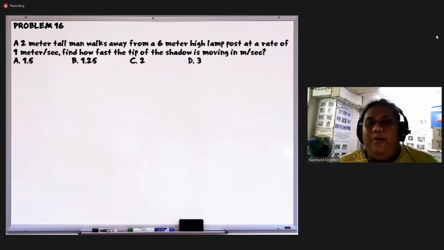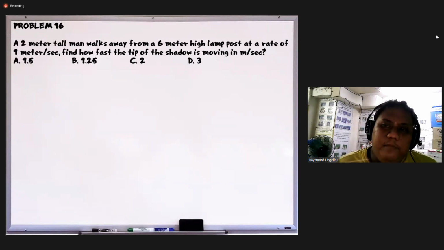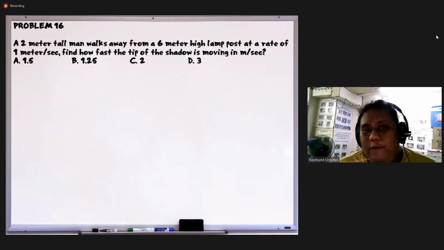So a 2-meter tall man walks away from a 6-meter high lamppost at a rate of 1 meter per second. How fast is the tip of the shadow moving, in meters per second? Okay? So again, here,